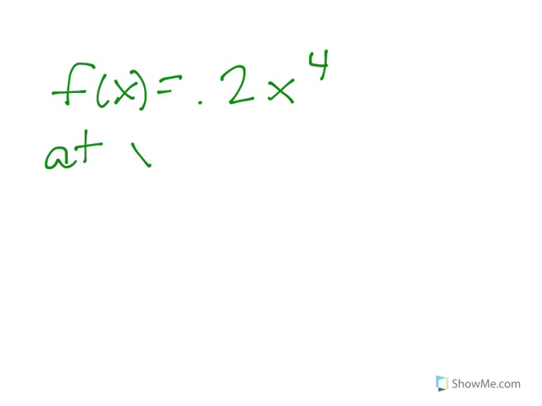Okay, so last night's problem gave us the function f of x equals 0.2x to the fourth, and it wanted us to find a tangent line, or a line of local linearity, at x equals 3. Well, I know if I want to make a tangent line, I have to have